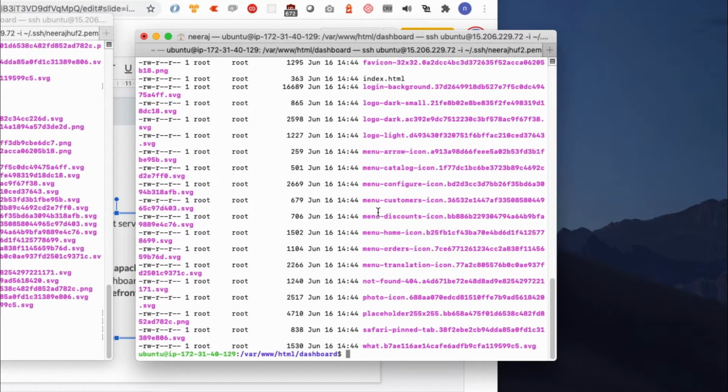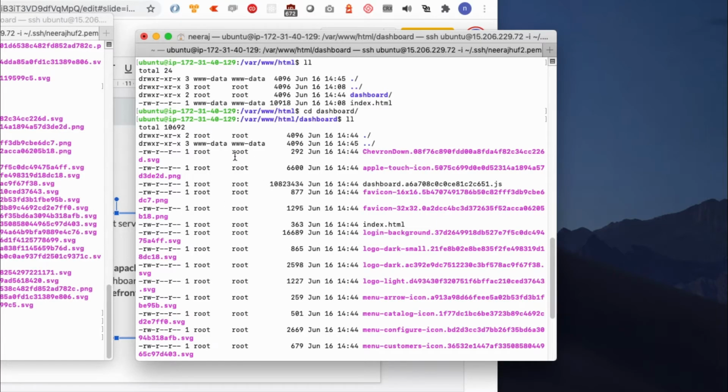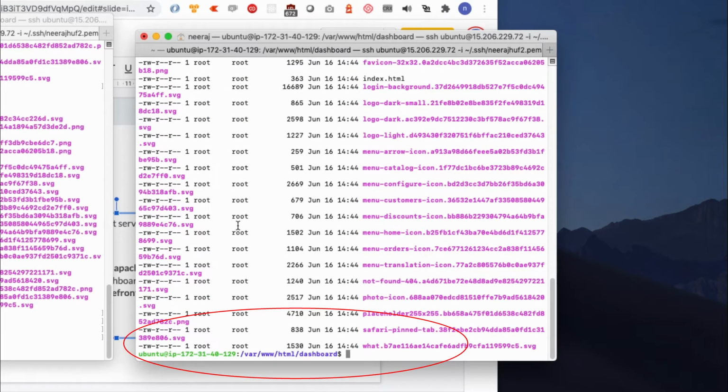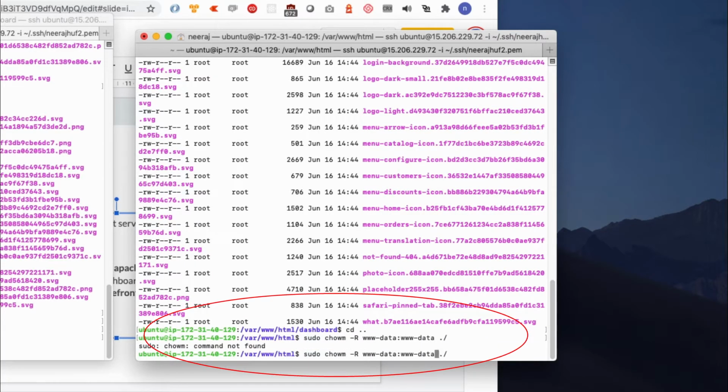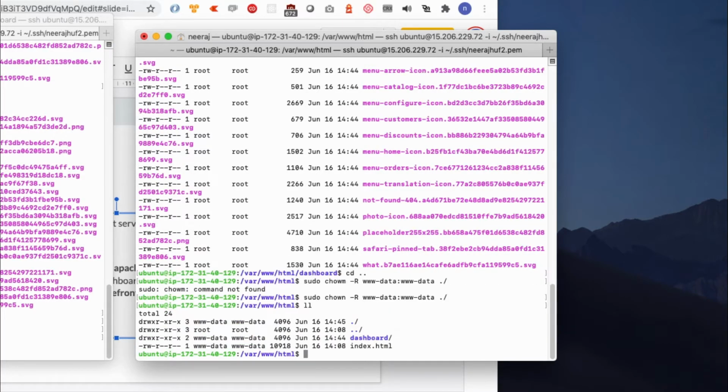If I see here, all my code is available. One more thing which I need to do is I need to change my permission user group. So what I will do, I will sudo change the ownership of the current folder. So yes, ownership has been changed.